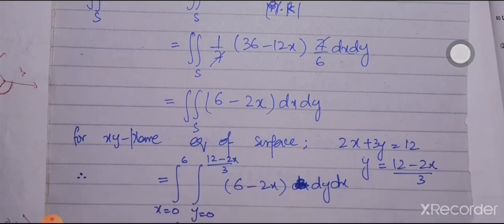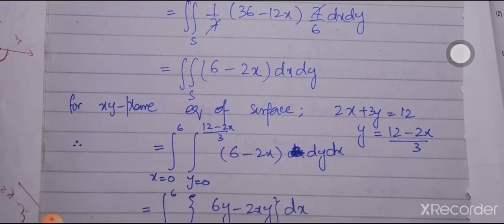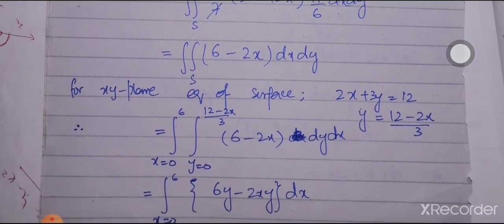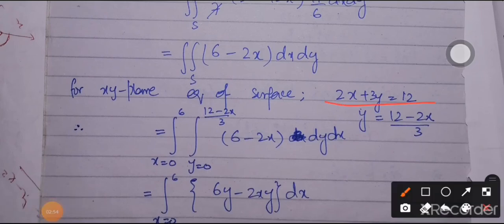Now as we are taking the integral with respect to x and y, that is in the xy plane, at first we will put z is equal to 0 and the equation is given over here: 2x plus 3y is equal to 12, and y is equal to (12 minus 2x) over 3. Now it's totally up to you whether you want to eliminate y in terms of x or x in terms of y. Here we have eliminated y in terms of x so that we can integrate y from 0 to (12 minus 2x) over 3, and then we will define a particular real value for x to find a well-defined real number as an answer, and x is varying from 0 to 6.